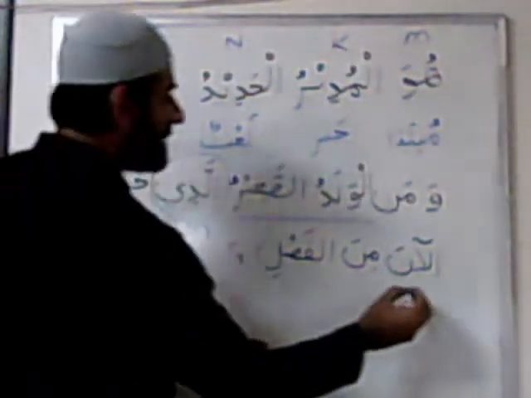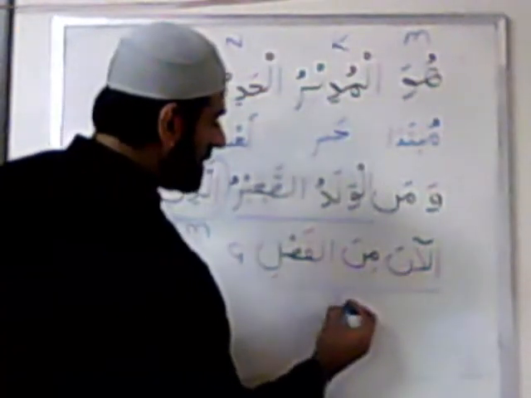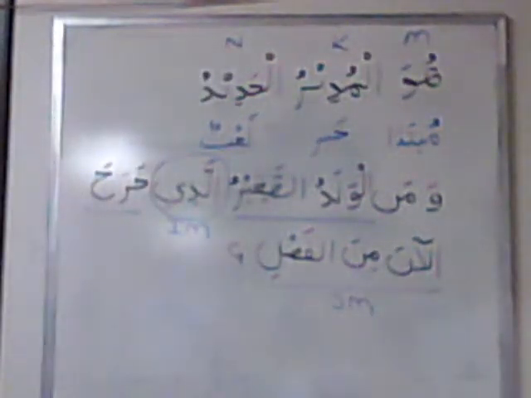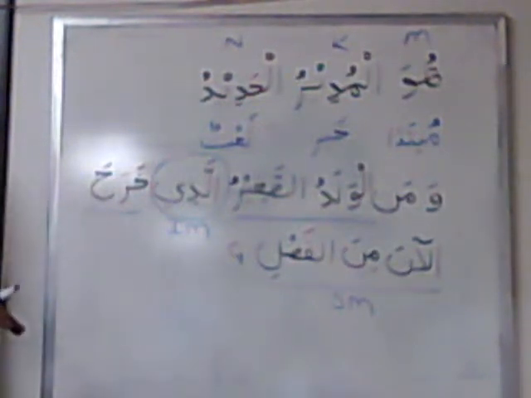And what is the rest of it? Kharaja alladhi min al-fasli, kharaja al-ana min al-fasli. Silatul mawsul, your SM. So I am and SM will always be together. Okay, relative pronoun and your relative clause. Now if you want to further go into the silatul mawsul to see each word and see what they're doing